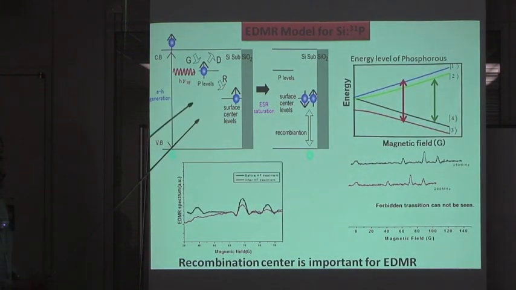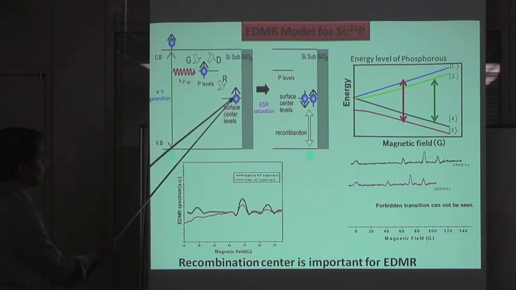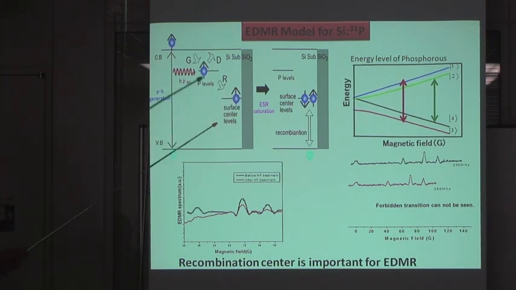Now, as I already told you, I will give you a brief introduction to how EDMR proceeds in phosphorus, for detecting EDMR of phosphorus. Just give you a model of how phosphorus behaves here. So first, for example, I will explain the energy levels here. This here is the surface center levels, and these are paramagnetic levels which are found at the surface of the silicon and SiO2, the interface of silicon and SiO2. So these are paramagnetic levels, which are also known as surface centers or PB centers, and we have a donor